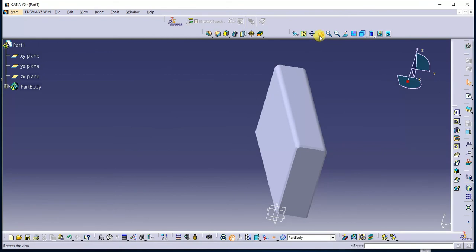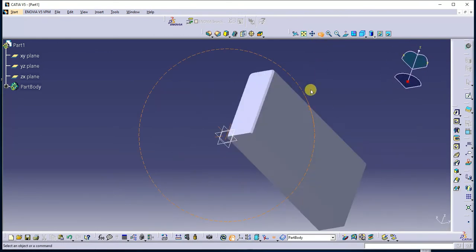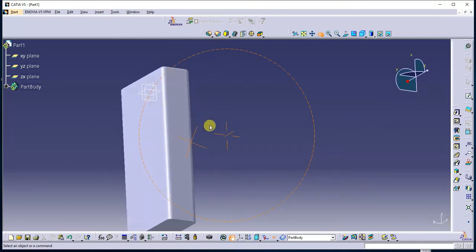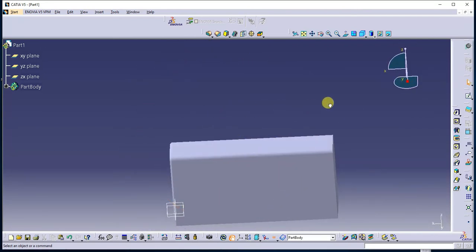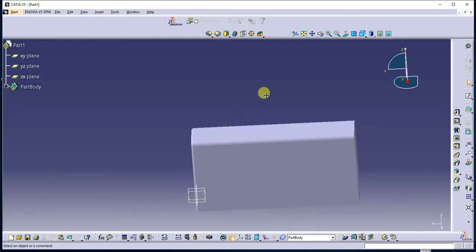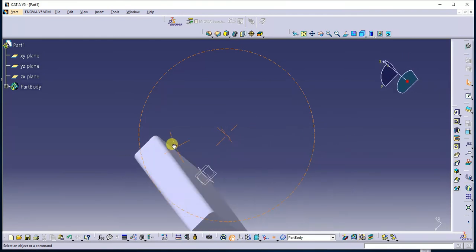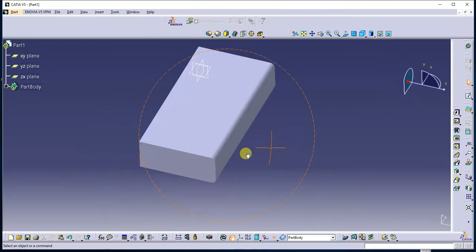Okay, you click on this and hold the left mouse button and you can rotate the geometry. Another method is hold the middle mouse button, next press the right mouse button, you can rotate this.